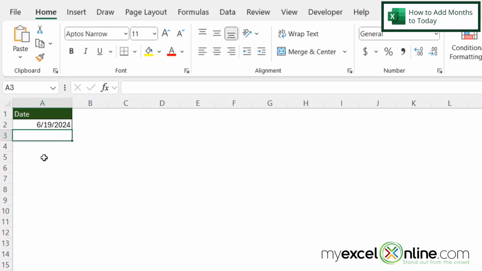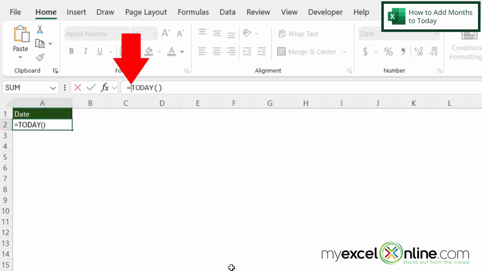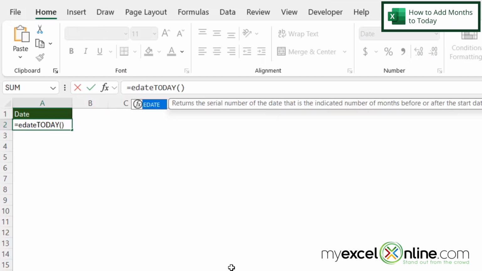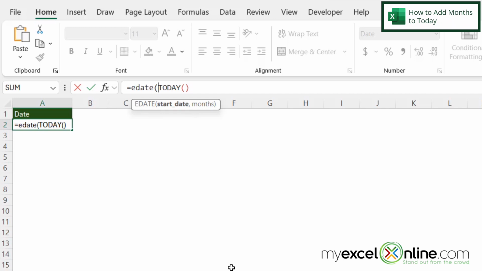Now, if I want to add 3 months to that date, I'm going to click back in A2 and I'm going to click right here between the equal sign and the today function. And I'm going to enter a new function called eDate with a left parenthesis. And eDate allows you to add a number of months to a specific date. So the first argument in eDate is the start date. So I'm going to put today as the start date. And then I'm going to click at the end of my today function with the parentheses and then type a